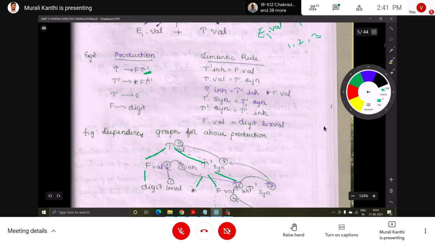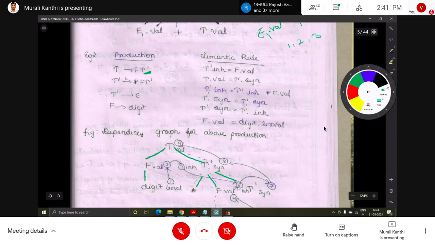So this is taking a value from its sibling and performing the operation also. Finally, the result is there in T'.syn, so that is assigned to T'.syn. Now this T' is inherited.